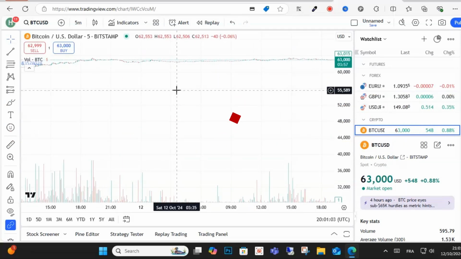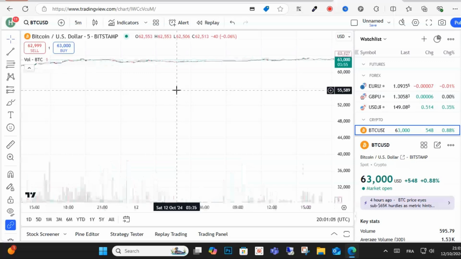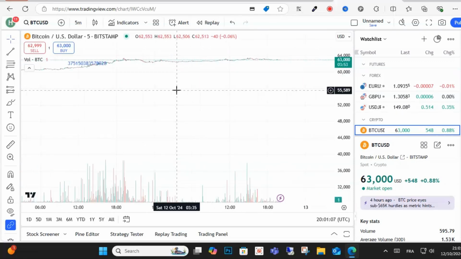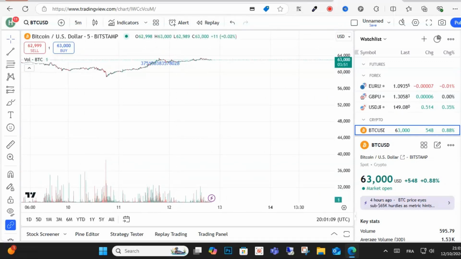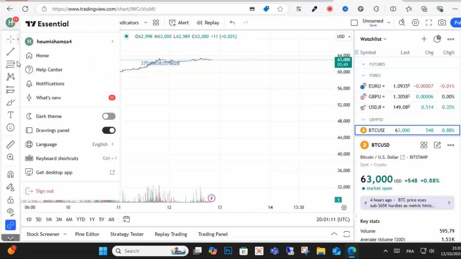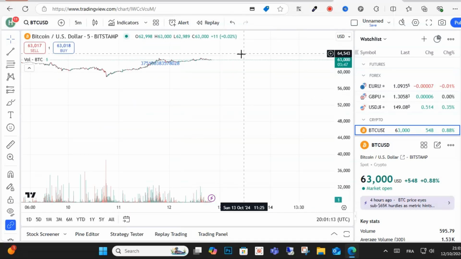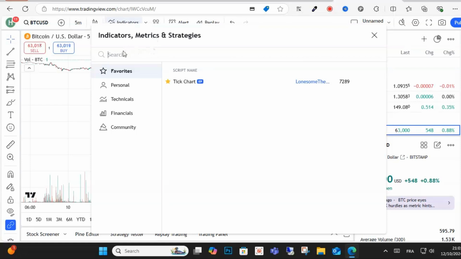Today I will show you how to use tick chart on TradingView. The first step you need to do, guys, is open TradingView chart, and after that open your TradingView account and navigate to the charting section and click on the chart on the top of your screen, as you can see here, and search